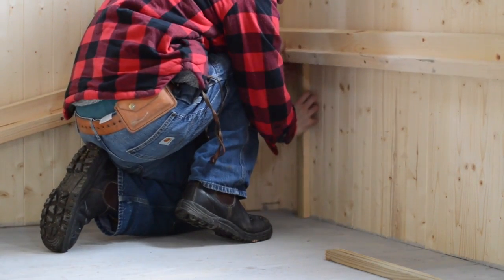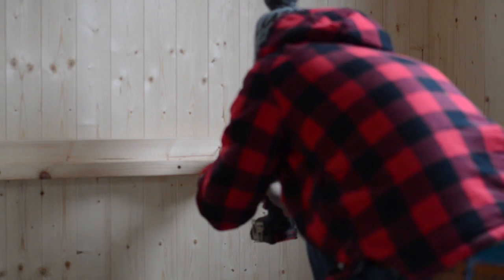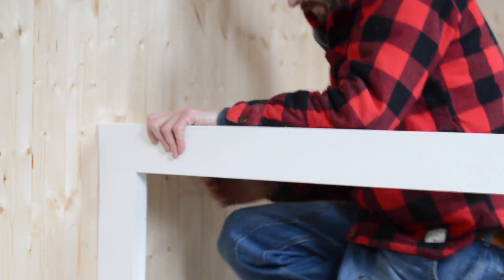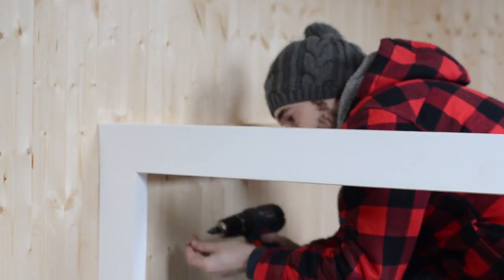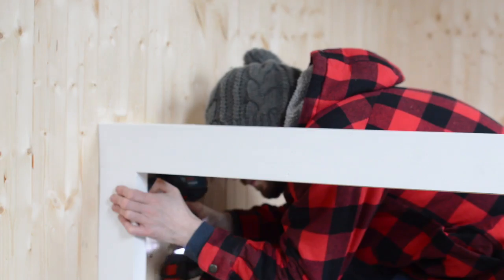This is the U-shaped bit that goes along the back wall. I cut some little scraps of wood at the height I wanted the bed just to help me get it up. Back pieces and the side pieces got screwed into the studs, and then the front frame can get slid into place. It got screwed down into the floor, and then I used some angle brackets to attach it to